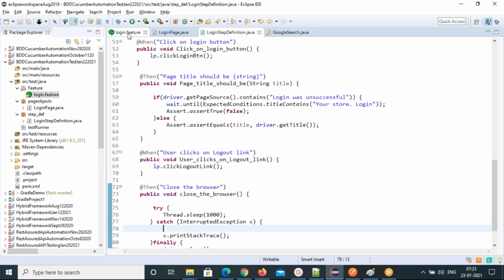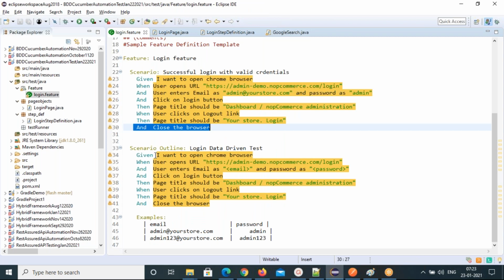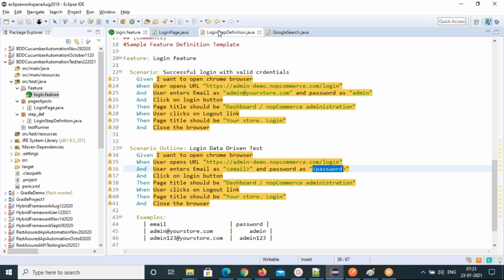And you see you are covering the same steps here also in the scenario outline. If it is a different step, you need to develop a different step, but it's almost similar. Only here the placeholders, the username and password, you are passing. So that is doing data driven testing. That's how we need to develop.